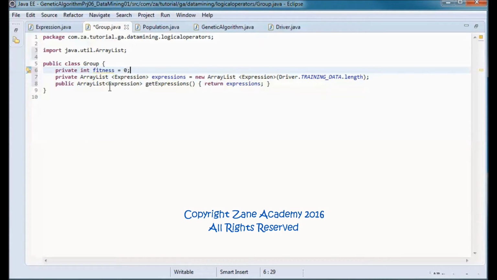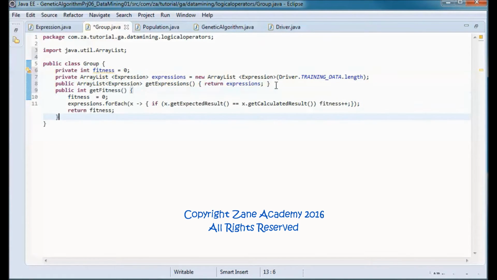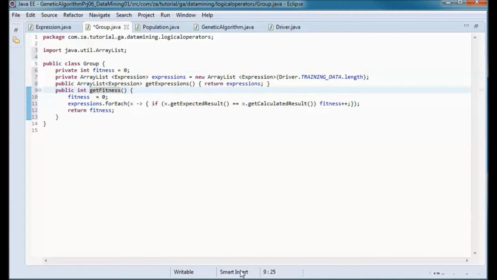And the fitness, and the get fitness method that goes through all the expressions in the array list, and for each expression where the expected result is equal to the calculated result, it adds 1 to the fitness and returns that fitness.